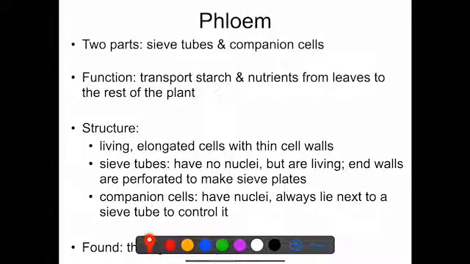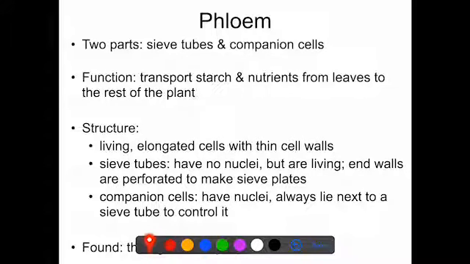Now with phloem, it's not so much that we get two different types of cells, but rather there are two parts to phloem, or two components to phloem. So we have sieve tubes and we have companion cells. If the function of xylem is to carry water, then the function of phloem is to carry